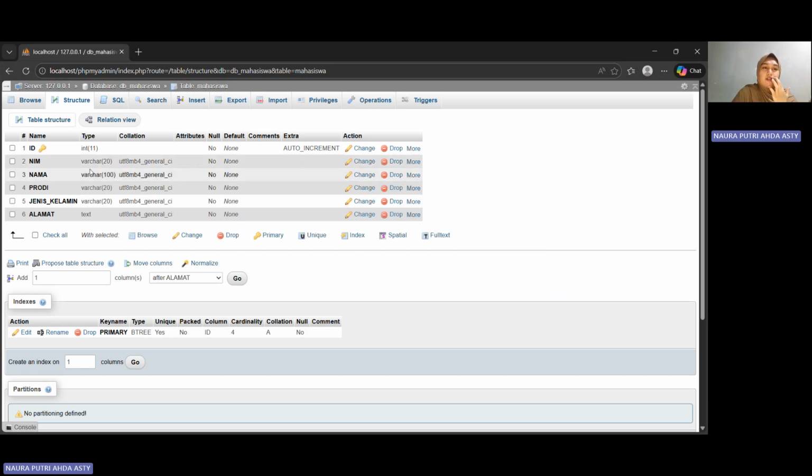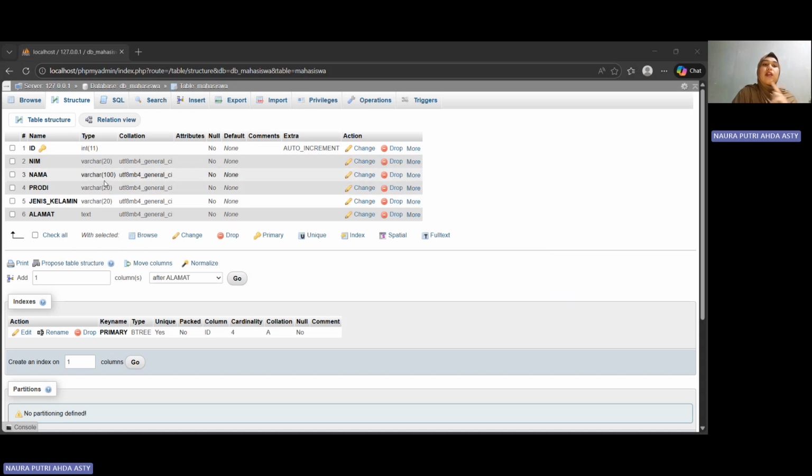And this one I use varchar, and the length is 20. Varchar is a data type that lets you save up to the length you set.